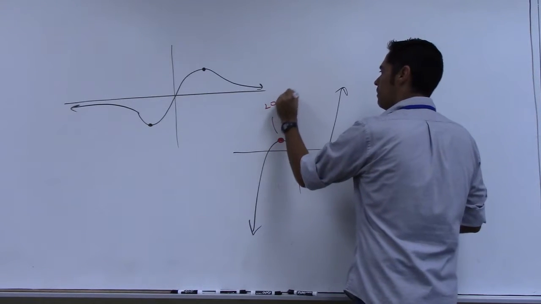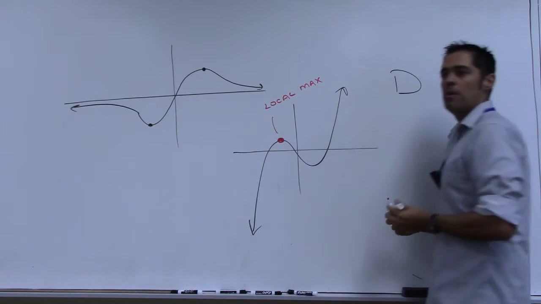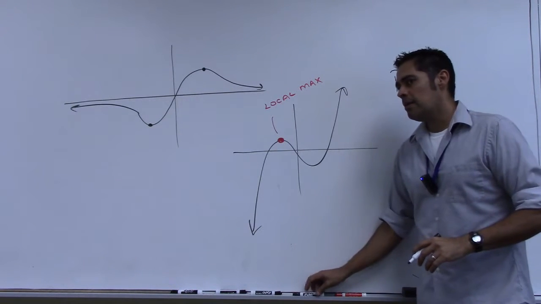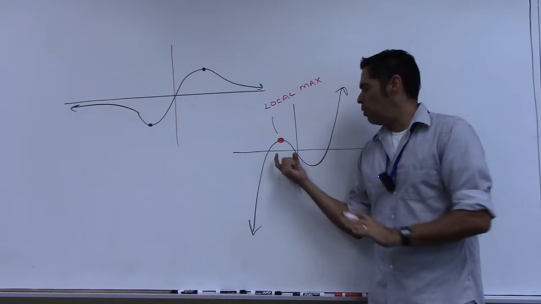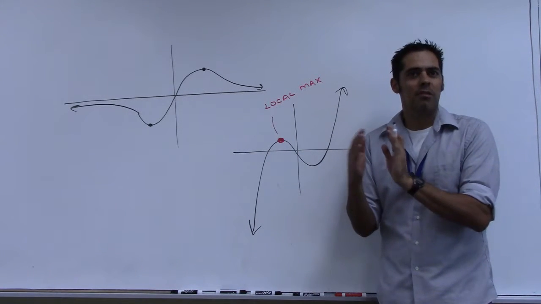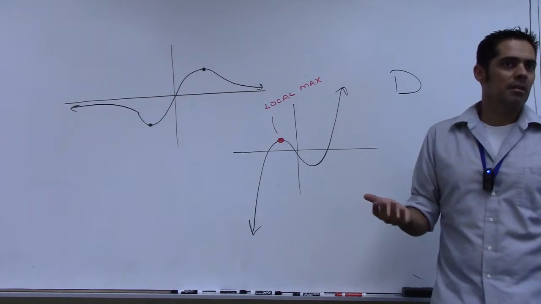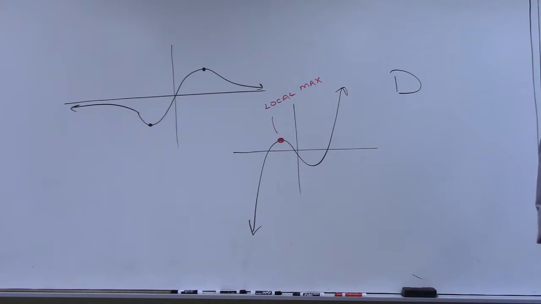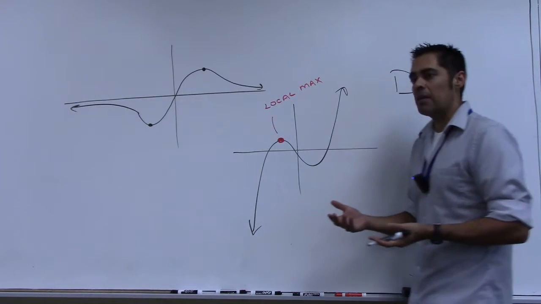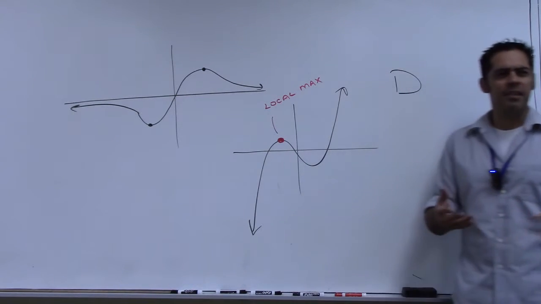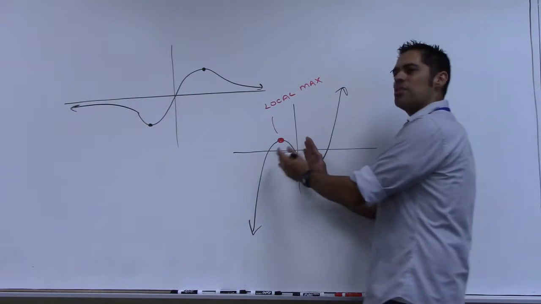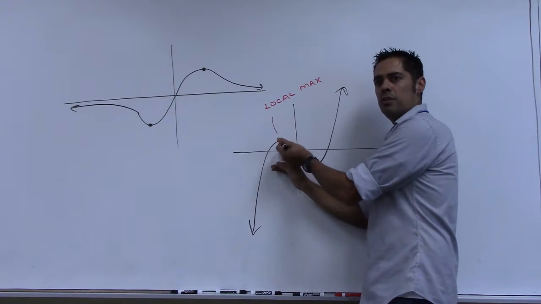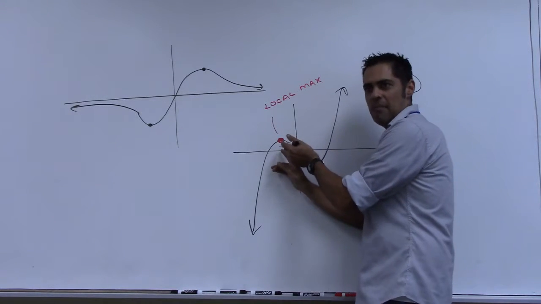Because locally, it's the highest point on the curve, right? And this is where we get into some kind of ambiguous wording. When we say near this point, what do we mean by near? Around. Right, around. But how close is close? When we say things are close, it's hard in mathematics to really nail that down. We do it precisely in more rigorous math classes using delta epsilon proofs and things like that. But in here, when we say near, it's just more of a visual thing. Do you all agree that's the highest point in that region, that neighborhood? King of the mountain on that mountain, that's it, right?